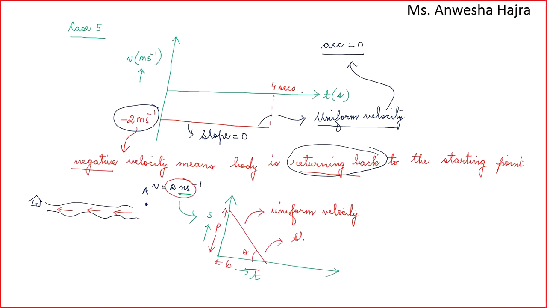Now slope of displacement time graph gives velocity. Now what is the slope here? Velocity is 2. So slope should be 2. Perpendicular by base should be 2. In this case,